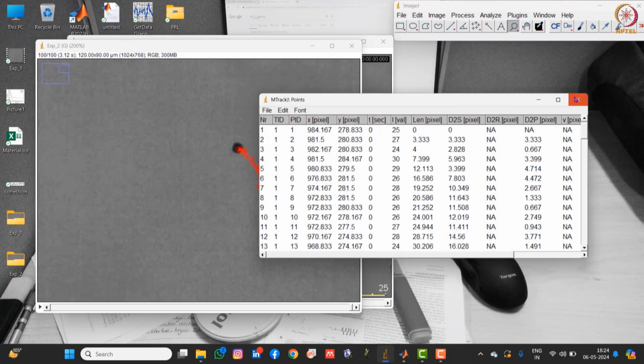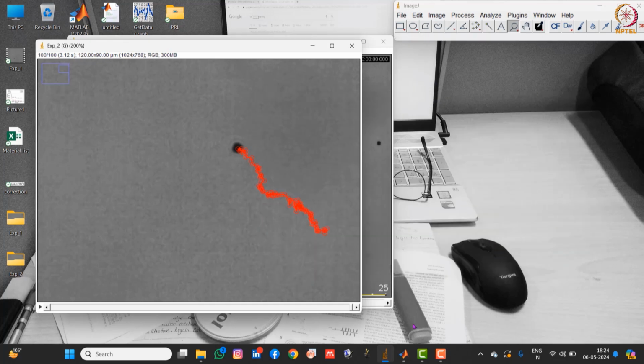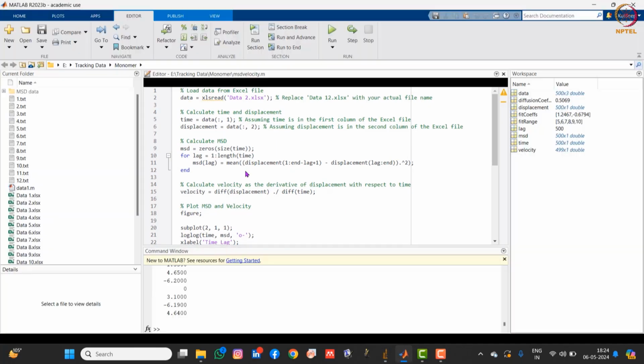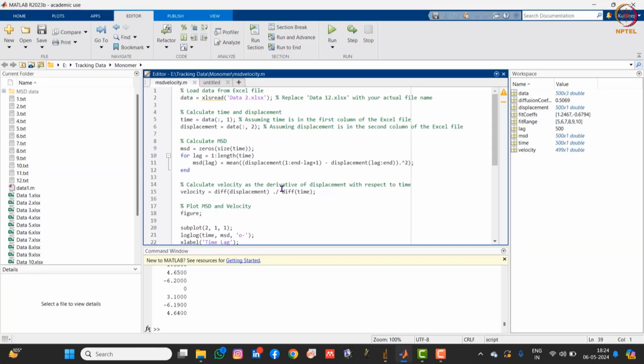Now, using this data, we can calculate the MSD, which we call mean square displacement, of this particular particle. For that, we already have our own MATLAB code written inside our lab. In this MATLAB code, we have to call wherever the data is saved. Here I'm showing you the previously written program.